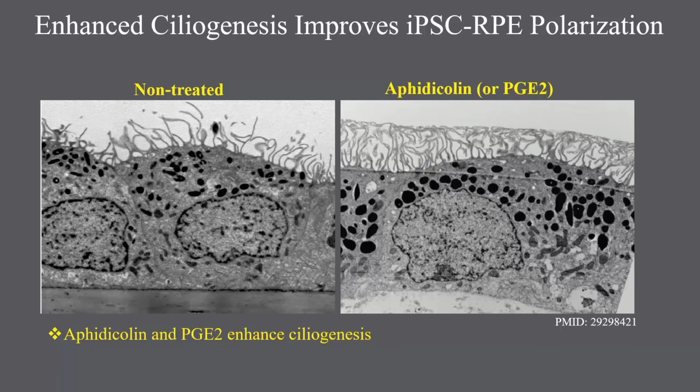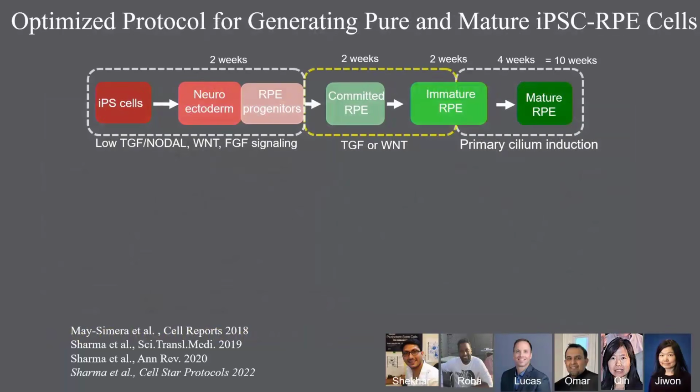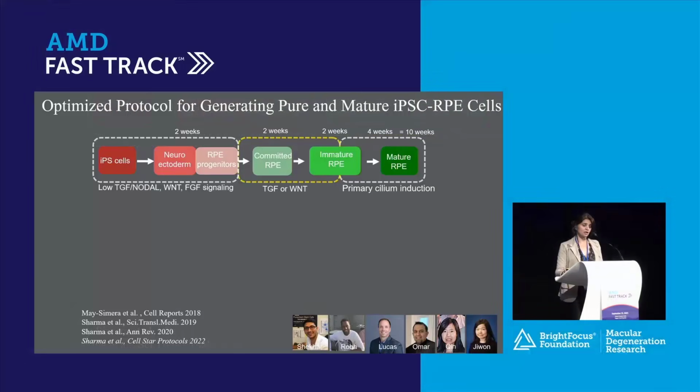As you can see, we used two chemicals, FED-choline and PG2. They both are ciliogenesis enhancers. And when we used them for the treatment of iPS-RPE cells in a culture, in a transwell, we saw these cells had nicer apical processes. These cells had apical located melanosome, and these cells have other functional characteristics that I'll show you in the next slide. So with our ciliogenesis enhancing chemicals, we have this schematic or this timeline that you get the functional and mature RPE cell in 10 weeks.